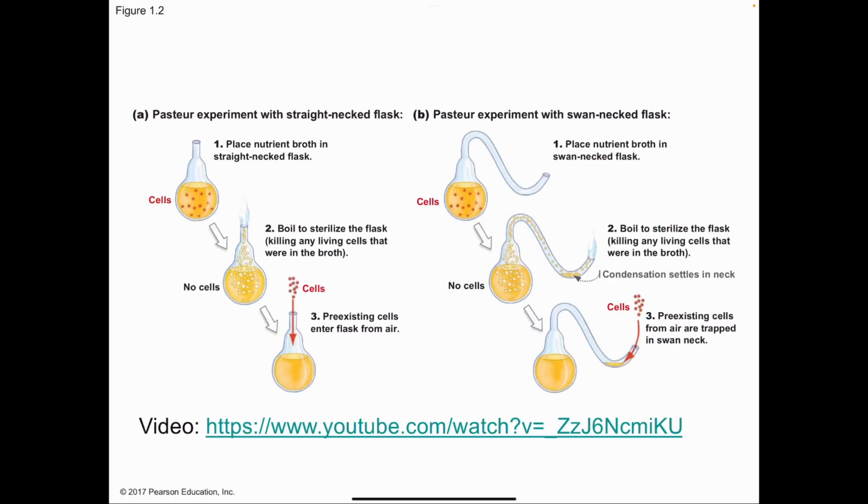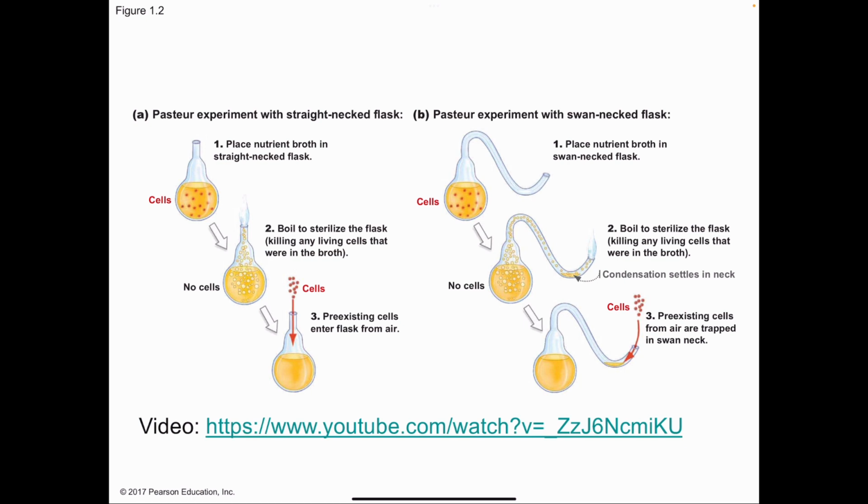So I'll show the video here in a second, but basically what you're seeing on the screen right now is a setup of Pasteur's experiment with two different types of flasks. A flask is like a glass container that scientists can use where they could put a liquid or some sort of substance in it, and they can make observations. On this particular straight neck flask, on the left here, Louis Pasteur had placed a nutrient broth